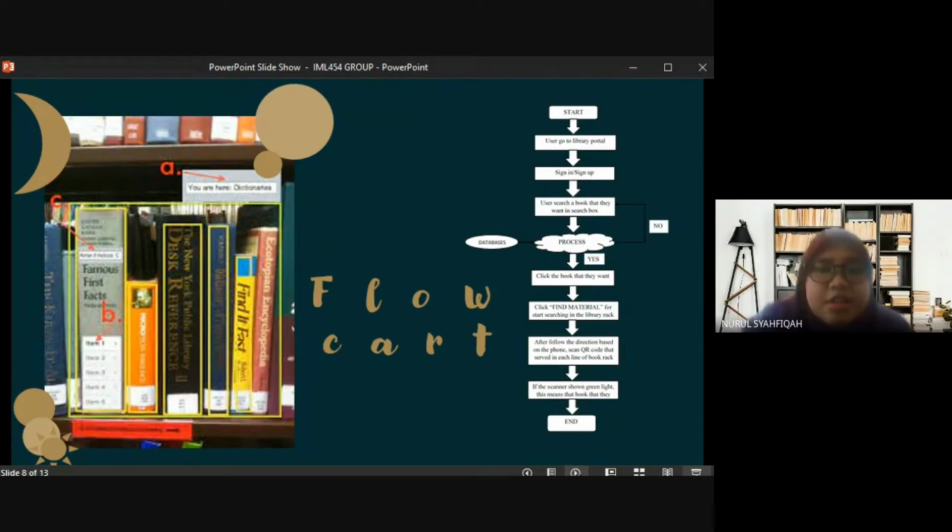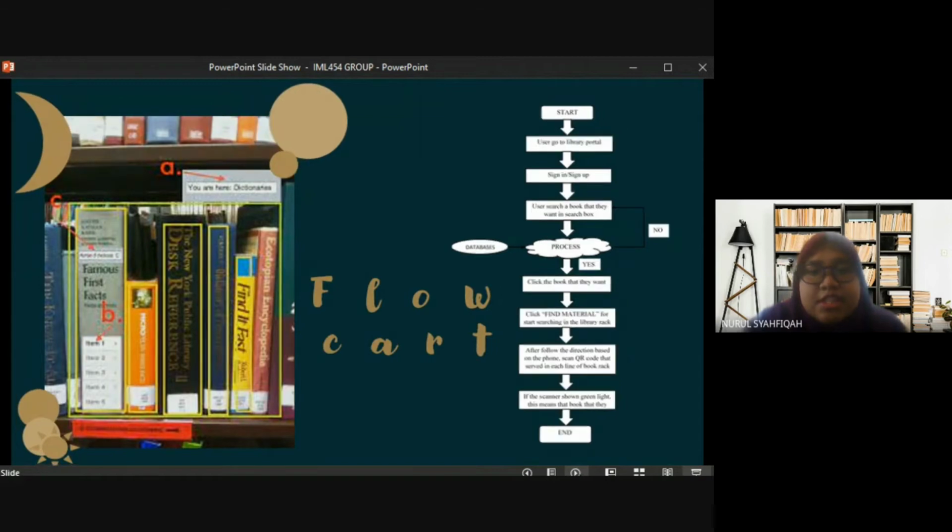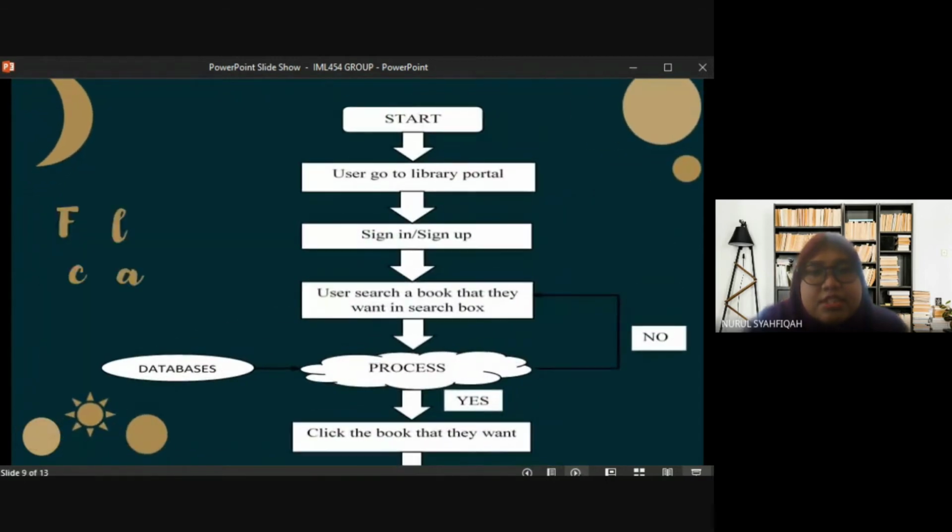Right now, I will explain to you the procedure for using augmented reality, AR, in the library. Based on the flowchart in the slide, we see that firstly, the user goes to the library portal. After that, the user logs in if a regular user. Meanwhile, a new user can sign up. After that, the user searches for a book